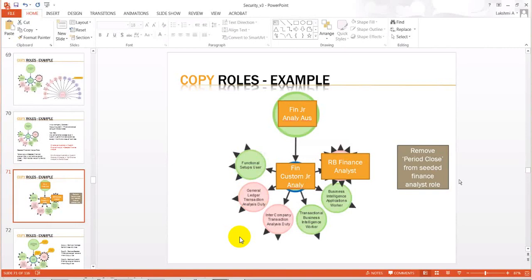After any upgrade, we have to test the customizations, and if they are lost, we have to apply them again manually. In the case of a custom job role, it won't get impacted 95% of the time. The remaining 5% chance is because the underlying seeded roles might be changed. Even if it happens, Oracle informs well ahead of time that with this release, this seeded role is going to be impacted.